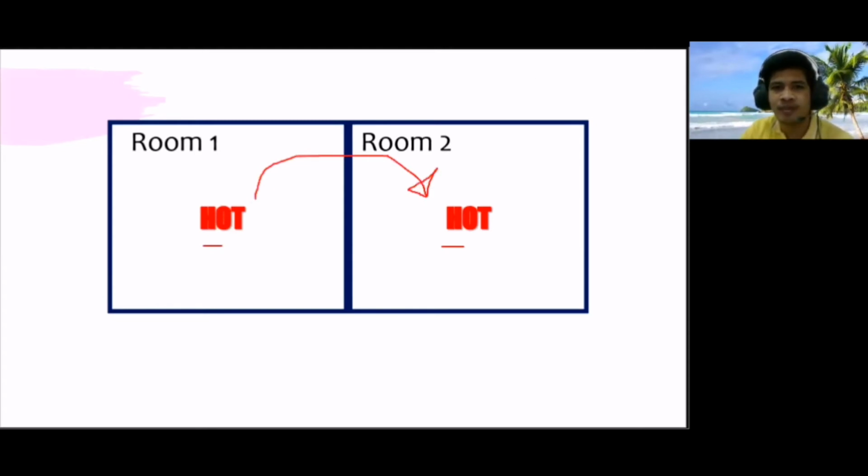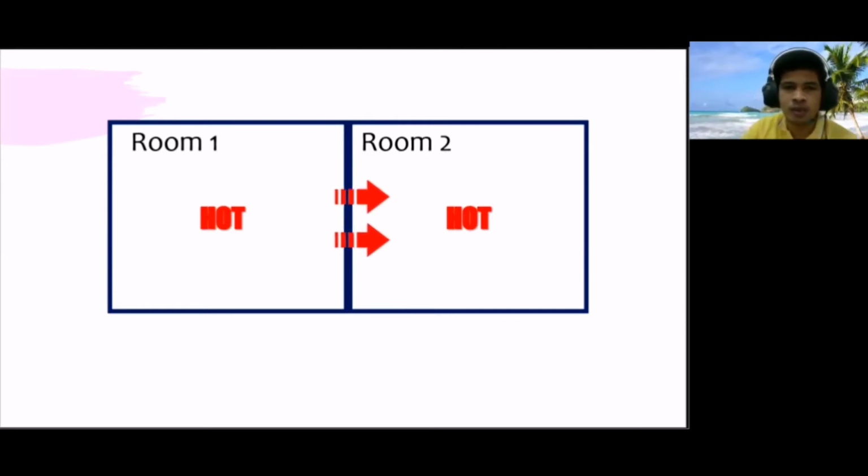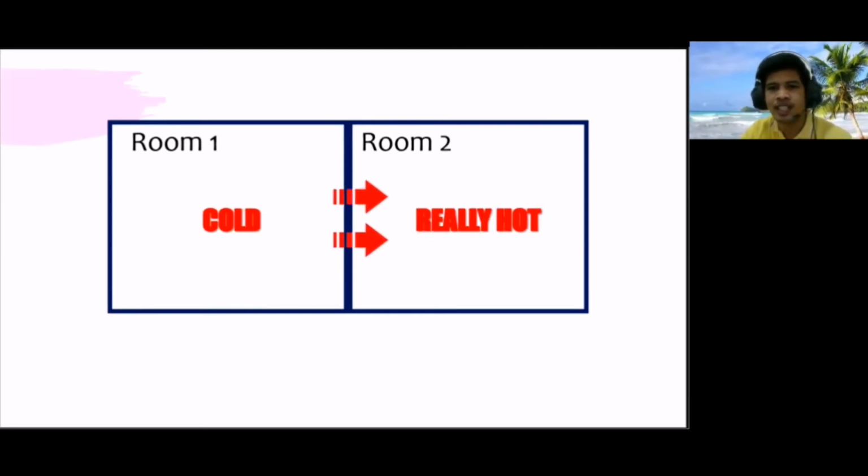Can we do that? Is it possible to pump the heat from room number one to make it cold and room number two really hotter? Really hot. Is it possible? According to the second law of thermodynamics, yes, it is possible, but what is the but here? What's the answer? What is the big no? If, but